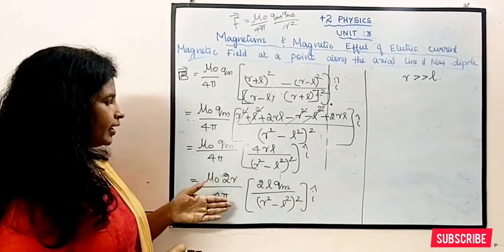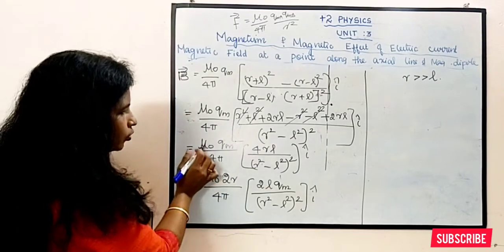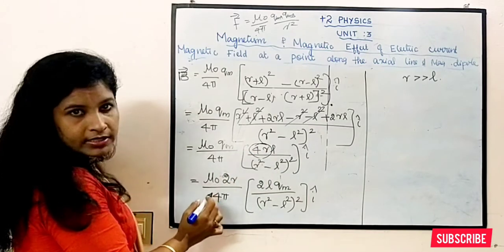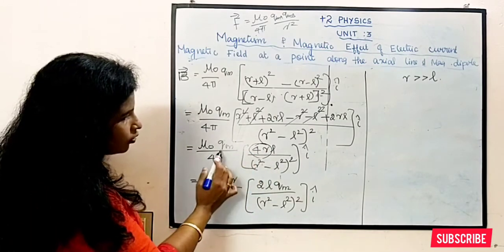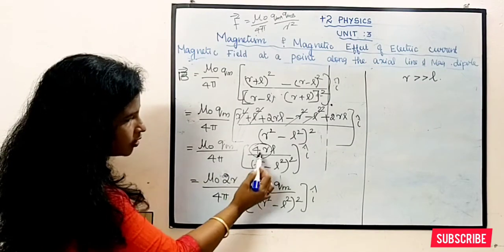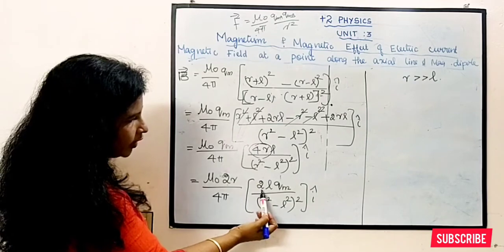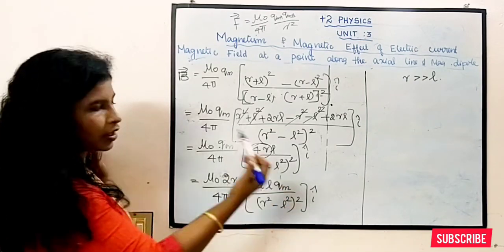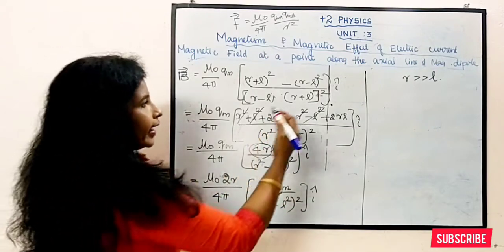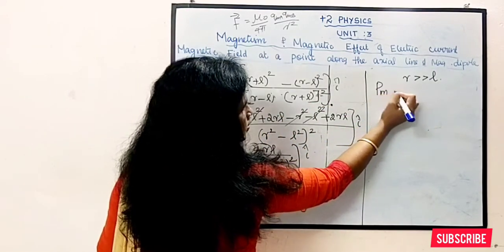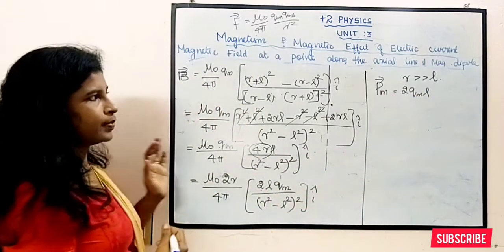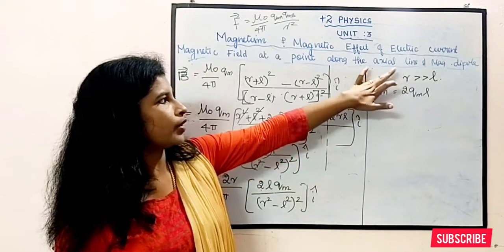So I can simplify it, I can write it like mu naught by 4 pi into, this 4r can be written as, I have taken 2r outside. Okay. So 2r can be taken out, qm can be taken inside. So remaining 2 will be there, that is 2 into L into qm. Why have I taken such a term 2 inside? Because we know that the dipole moment Pm is equal to 2qml, right? So we are taking like this, Pm is equal to 2qml, okay.